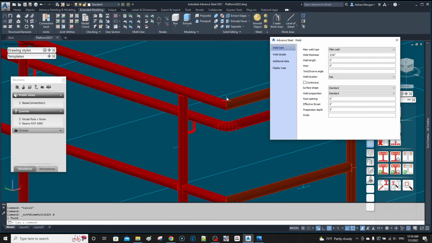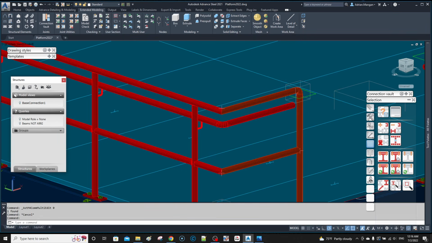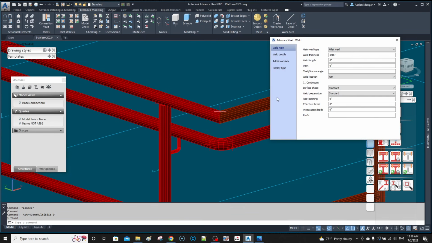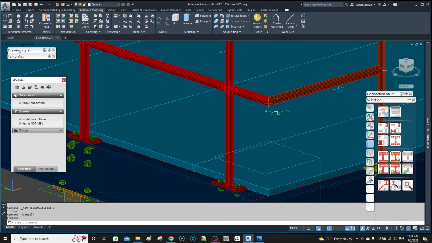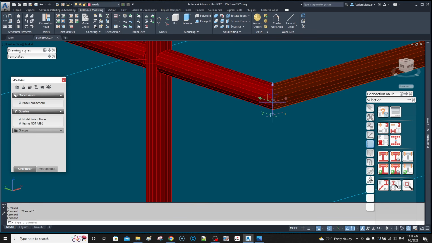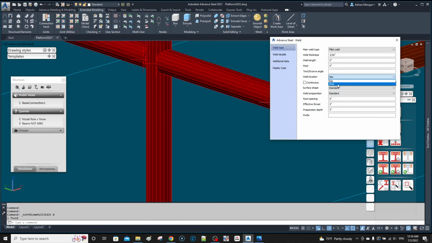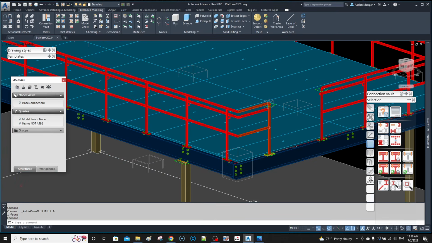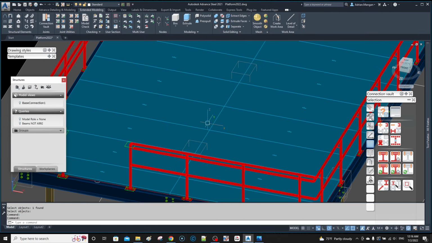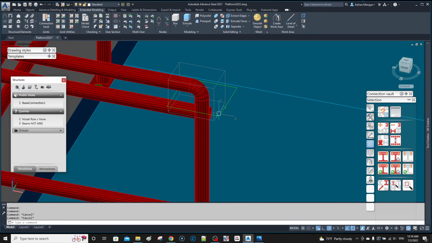So what I'll do is, oh, you know what? This was joining it, so I deleted that. So if I come in here, this can be a shop weld. And this one can be a shop weld. Okay, now when I redo it, you can see that's good, right? So what I'm going to do over here is